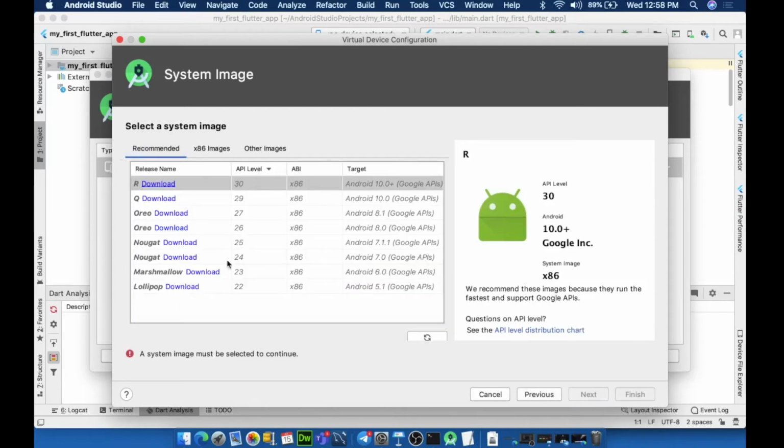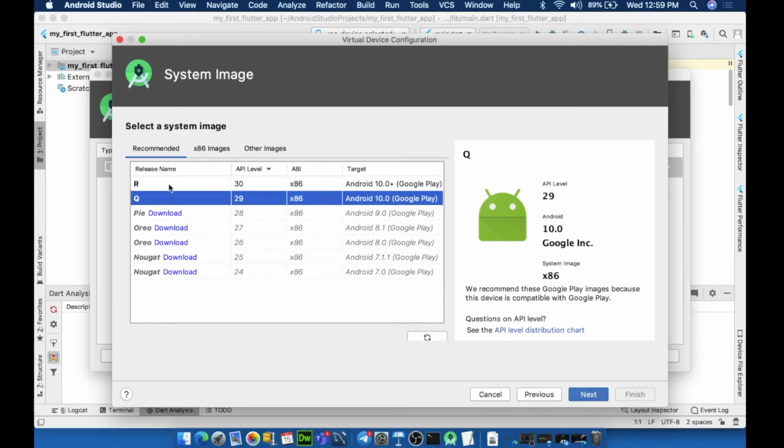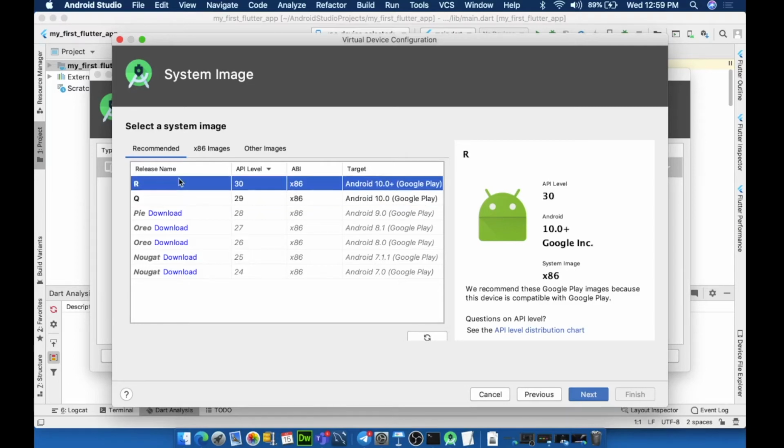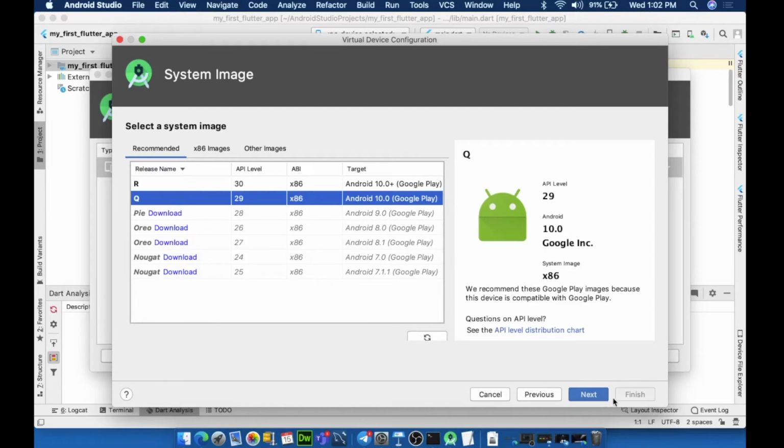On the left side, do you see this thing? You have to download a system image, which will come up. Do you see something like this? Download system image. If you already have an image, click that. In my computer, I have Android Q and Android R. Like in the render images, they are already there on my computer. If you do not have one, click on download. If you have a slow computer, go with Android Oreo. If you have a fast computer, go with Pie or Q. You can choose any of them. Select Q and click next.